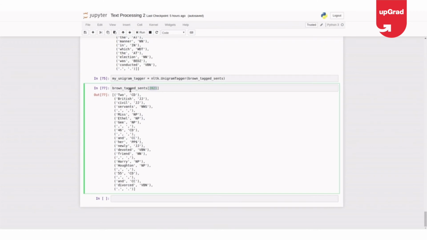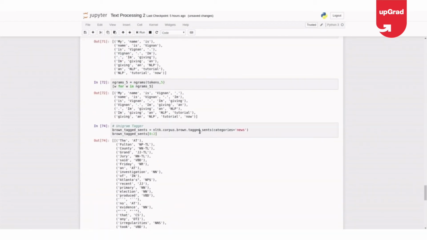Let me take the brown corpus now, which is not tagged, and validate my unigram tagger according to that. brown_sents is equal to nltk.corpus.brown.sents. See, it is not tagged here.